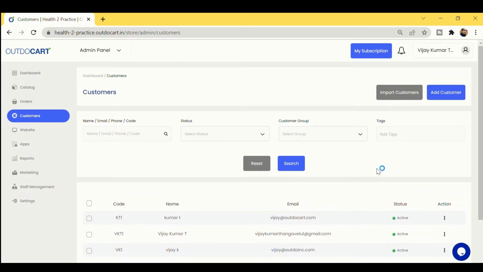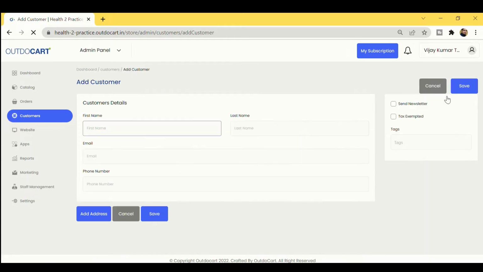Now let's quickly understand how to add customers manually to your website. This will be useful if you are running an offline store or any kind of setup, and a customer comes to your store and you want to onboard them to the website. When you have to add the customer to your website, you have to give the first name, last name, their email ID and their phone number. These will be the basic and mandatory information to create any customer and add them to your portal. Let's say I'm going to create